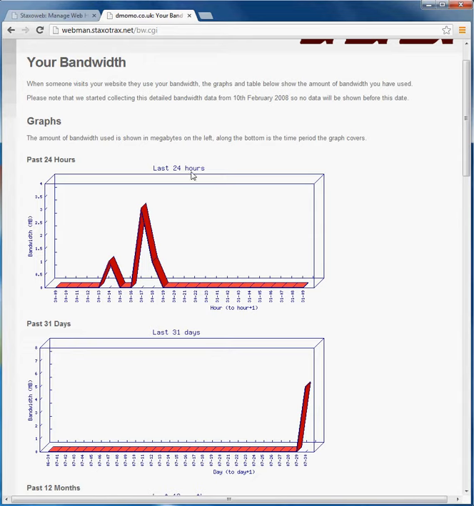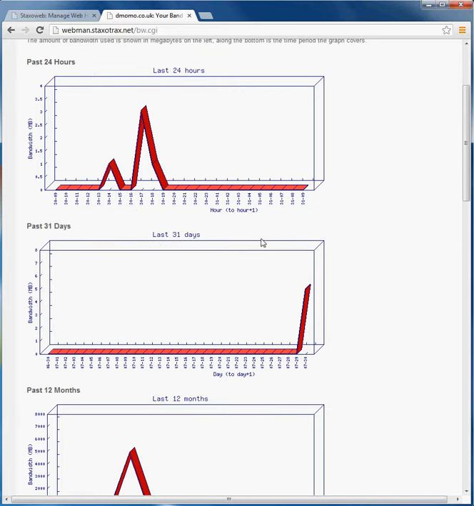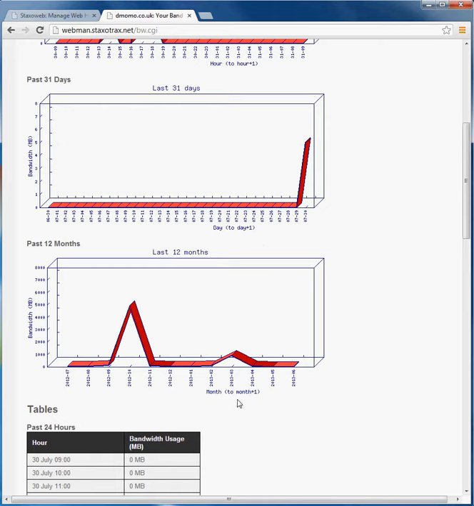As you can see here, in the last 24 hours, I've had a little bit of traffic at those times of day. Over the last 31 days, and there's a reflection of what's been happening over the last 12 months. It seems as though September, October, November was quite a busy time in